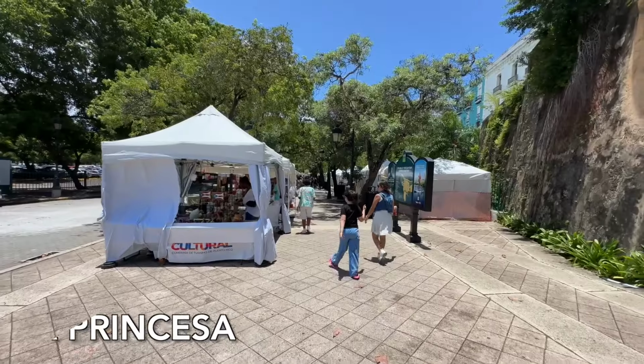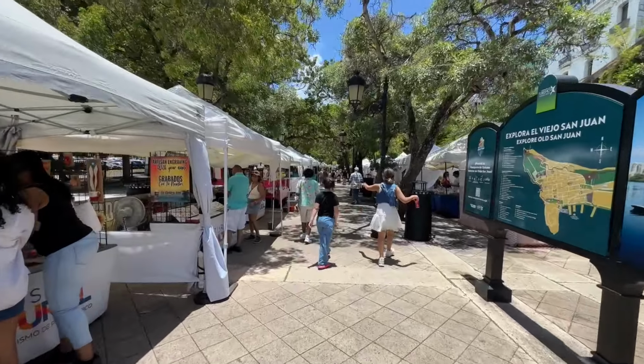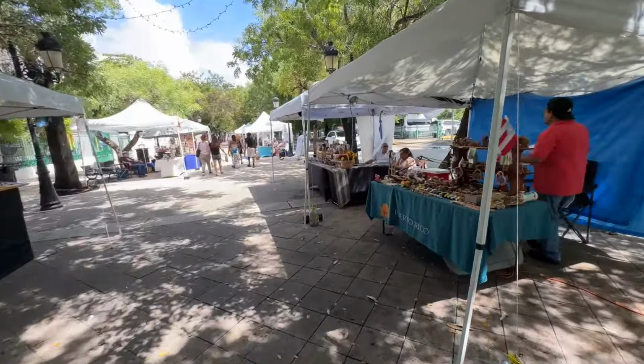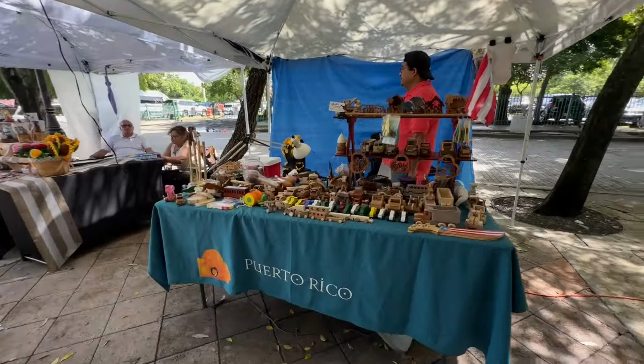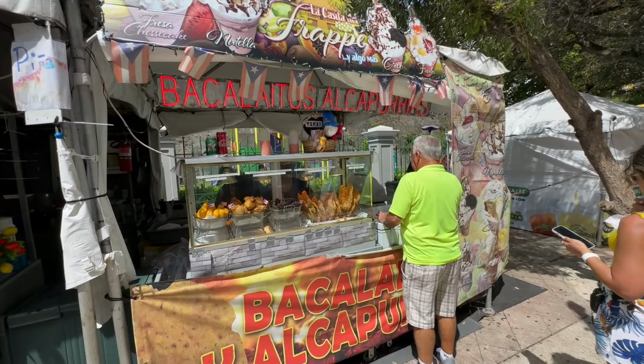And to find the food that occupies the number 8 spot on this list, we must take a calm stroll down the Paseo de la Princesa. The Paseo de la Princesa is a picturesque walkway where you'll typically find artisans selling their art during the weekends, bands performing live music, and kiosks selling traditional food, including the number 8 on this list, the delicious